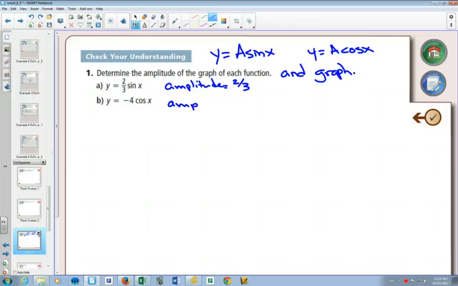In this one, your amplitude, and since amplitude is a distance, it's always a positive number, this one, the distance is going to be 4. That negative in front of the second one is also going to be a flip. And if our y values become negative, remember that flips it over the x-axis. So now to quickly graph these ones,